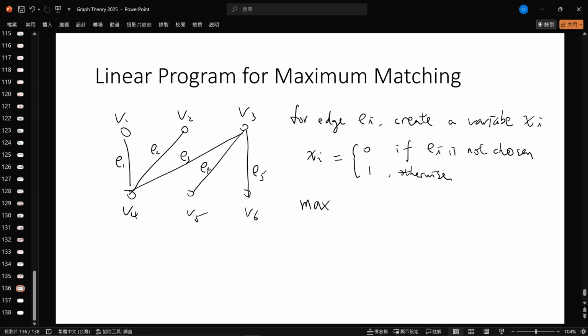And what is the objective function? Now because we know that xi equals 1 if we choose it, and it equals 0 if we do not choose it, so a natural